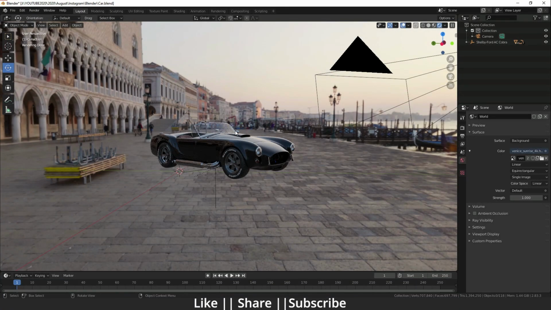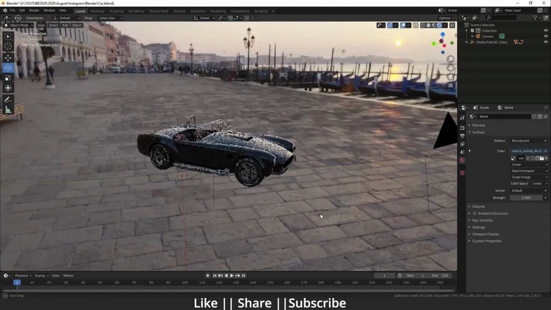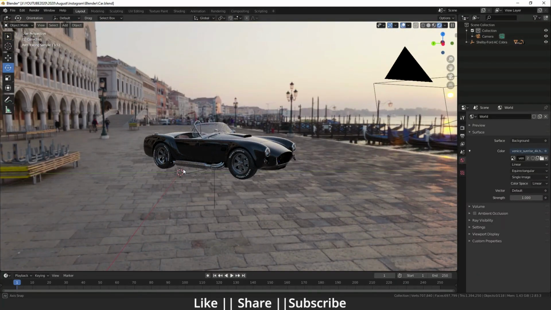If you want to know in depth how you can set up the HDRI, you can see my video. I have already made one video on it, and I have also made one video on HDRI Gaffer, which is also so cool. You can see both videos to learn more about how to use HDRIs in Blender. So right now we have a model and we have the HDRI, but the problem is that we don't have any shadows.